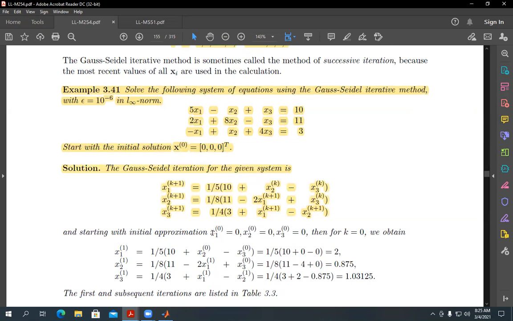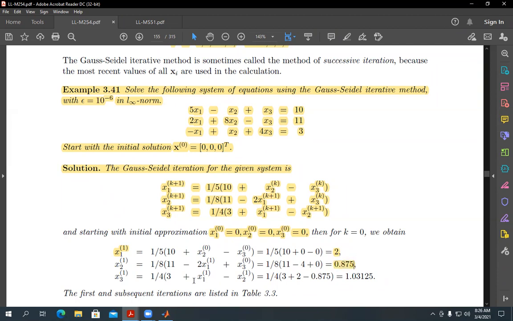Now you have to use the initial approximation given by the teacher, which is 0, 0 here. Put k equal to 0 here. First you find x1, so you have 10. x2 is 0, you have only one initial approximation. x3 is 0, only one initial approximation. So you find the first approximation for x1 is 2 here. When you find x2, you need x1. So for x1 you use the new one we just calculated, which is 2 here. This is the initial one given here, 0. So we have 2 multiplied by 2 is 4. So 7 by 8 gives you